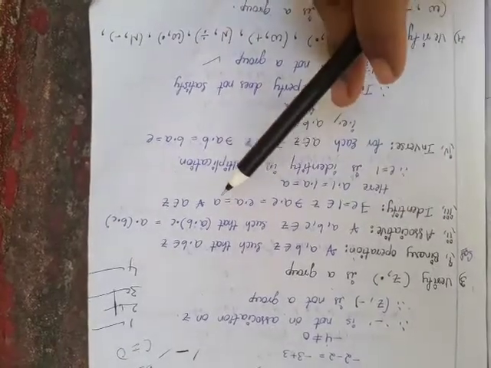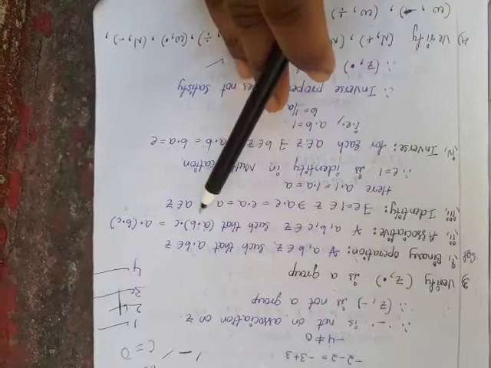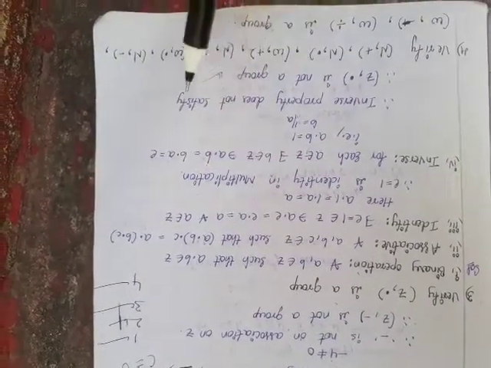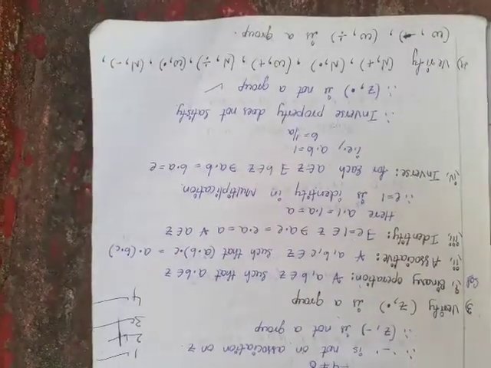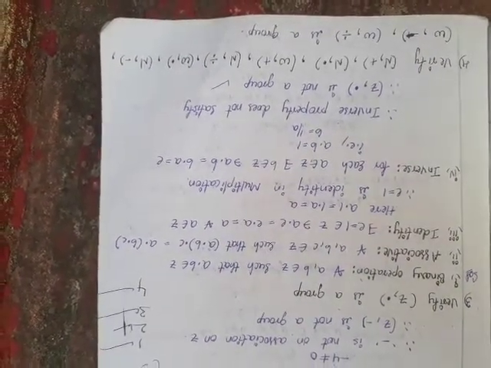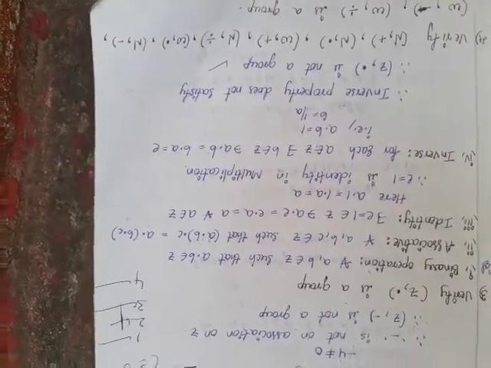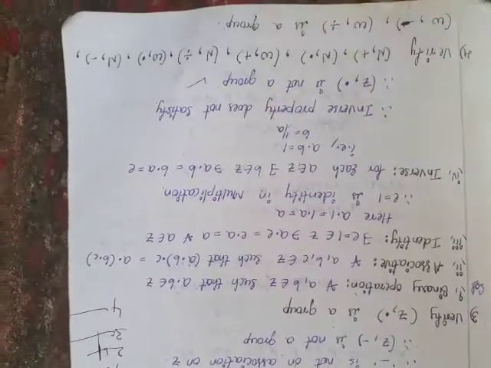Next, the associative property is clearly satisfied, because for all a comma b comma c belongs to Z, (a dot b) dot c is equal to a dot (b dot c). Not only that, for all the elements of capital Z the associative property is satisfied. What is the identity in capital Z, the multiplicative identity? We know that 1 is the multiplicative identity.